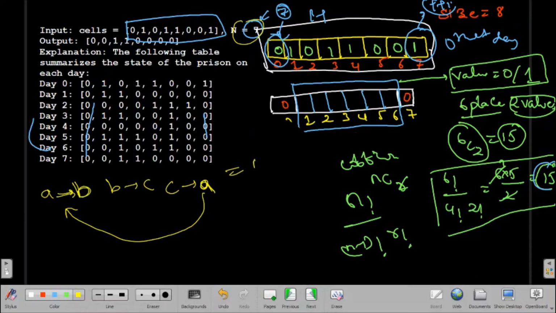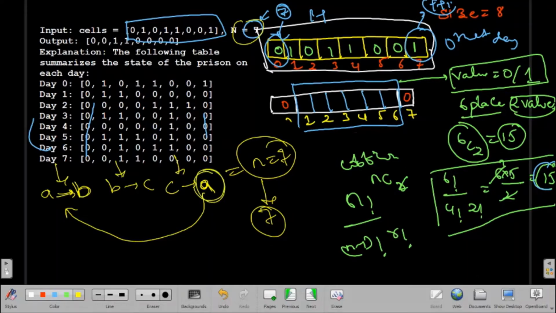So if I give n equals 7, I don't have to do it 7 times. I will just have to do it one time, second time, and third time. And at the third time I know that the value is repeating. So I will just do n modulus the cycle length.